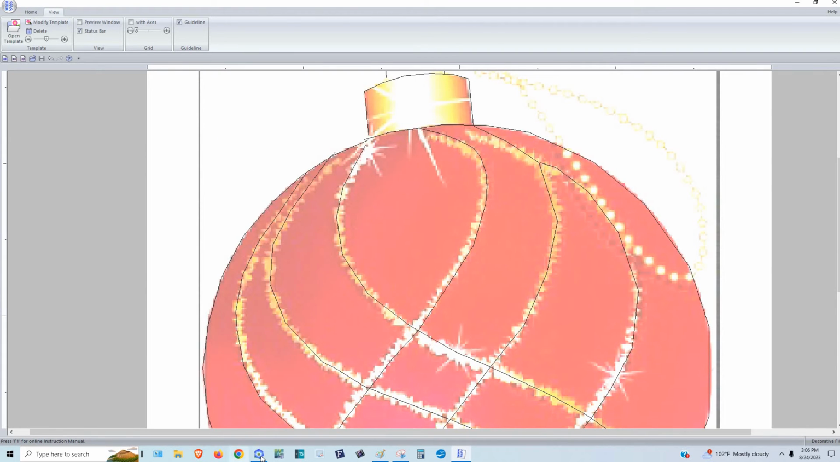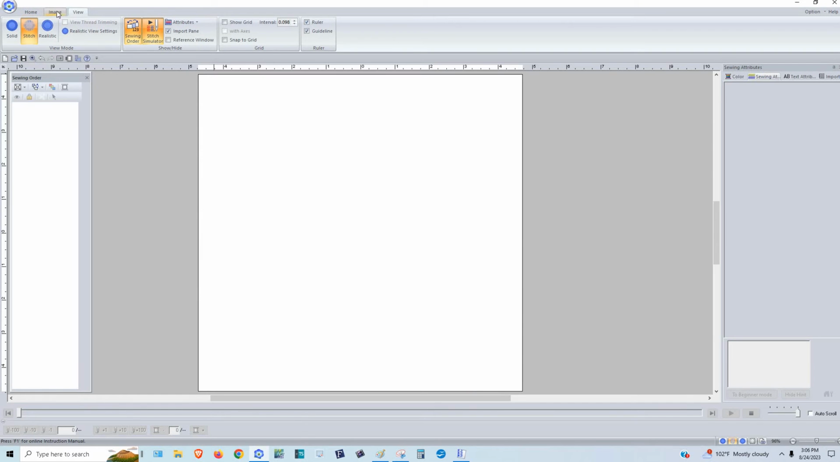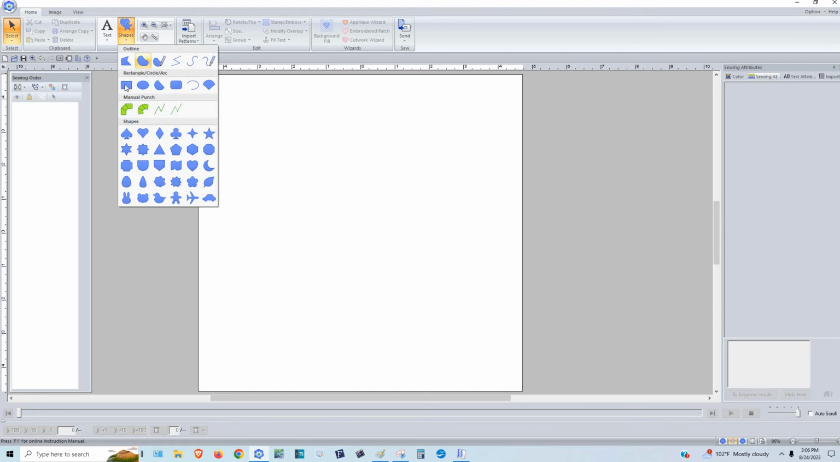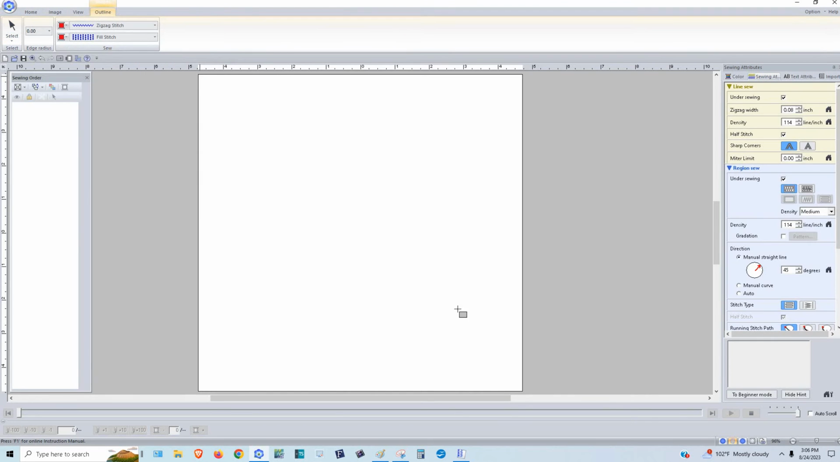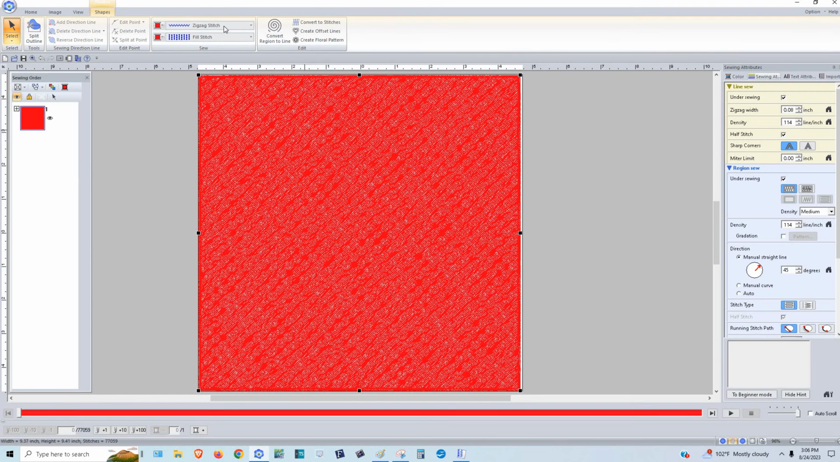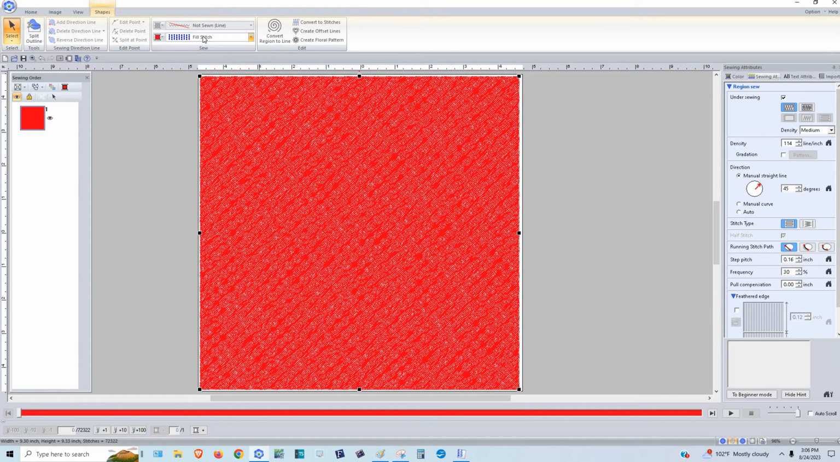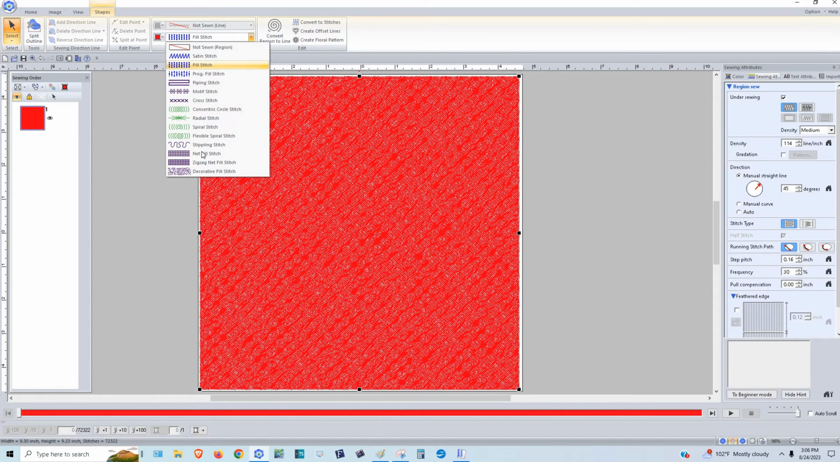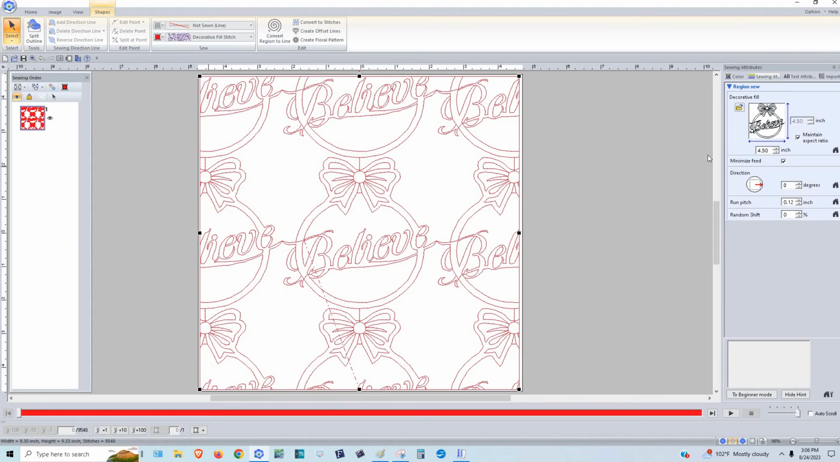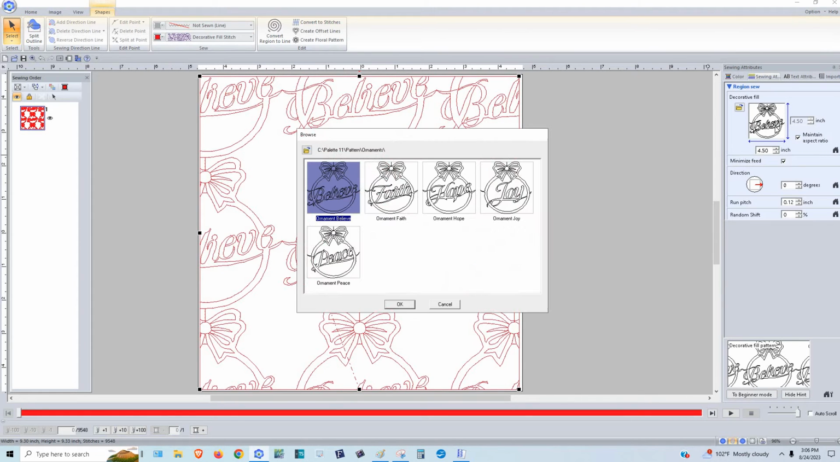So let's go back over to PE Design. So I'm going to click here and I'm going to create a box. Go to the home screen, go to your shapes, and I'm just going to create a square. Okay. I'm going to click off the zigzag around the edge and I'm going to go up to here and I'm going to click Decorative Stitch, and then I'm going to, that's default, I'm going to go here because I've set